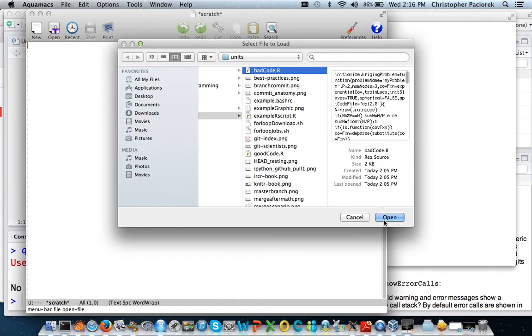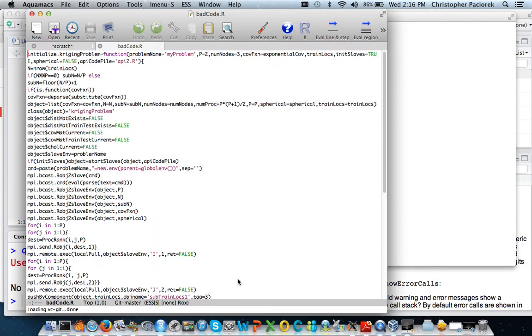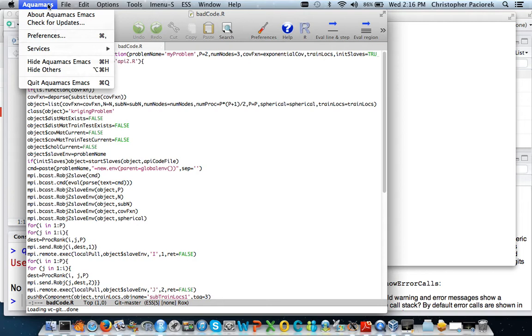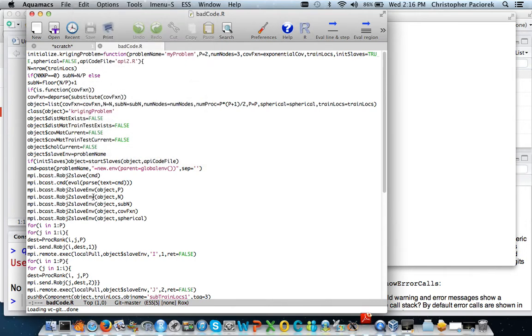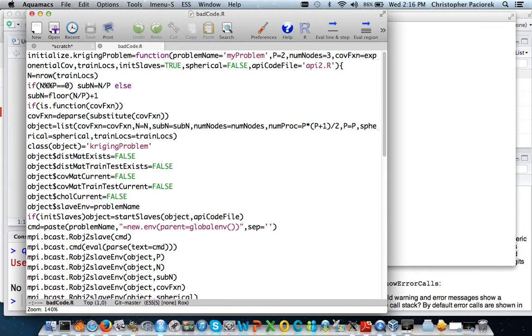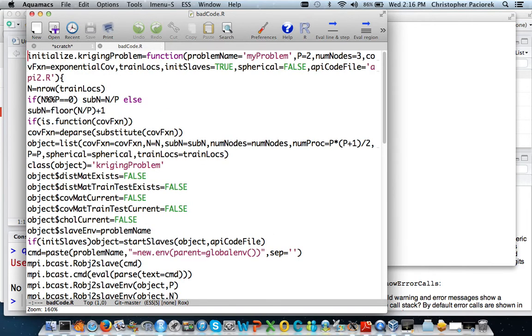So I just want to throw up what I am calling bad code here. Does anybody remember off the top of their head how to make this bigger? Control plus. Control plus. Command plus. Great, thank you. So there are some parts of this that are not terrible, but just in terms